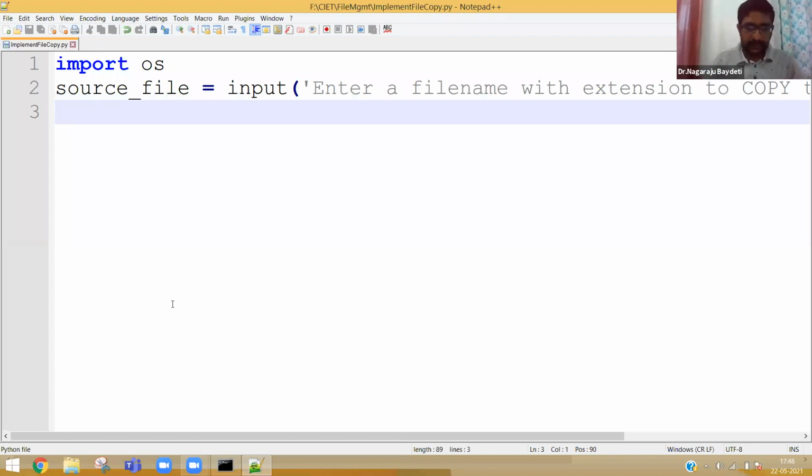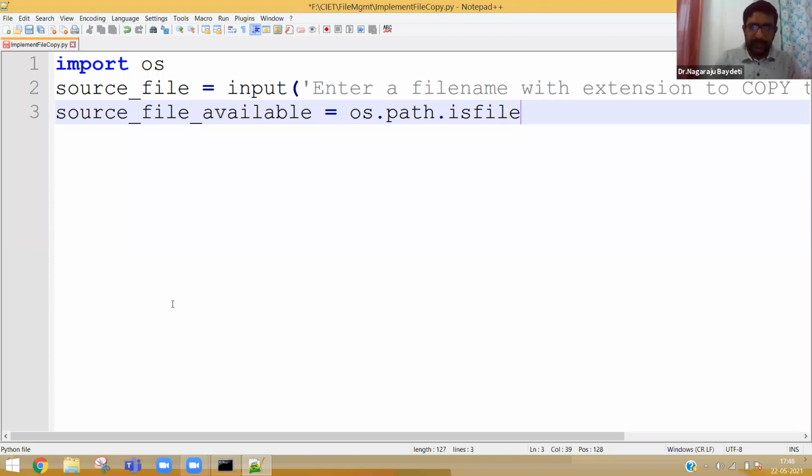Then first you have to search whether the source file is available. Source file available is equal to os.path.isfile of source file.